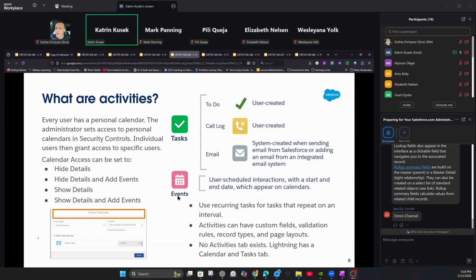Events don't have a due date like tasks. Events have a start and an end date that show in your calendar. And when you're running reports on activities, then you can narrow it down to either tasks or events or both. And the only thing you want to watch out for when you're running a report on events is